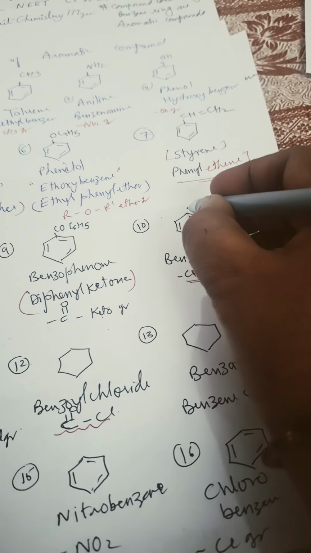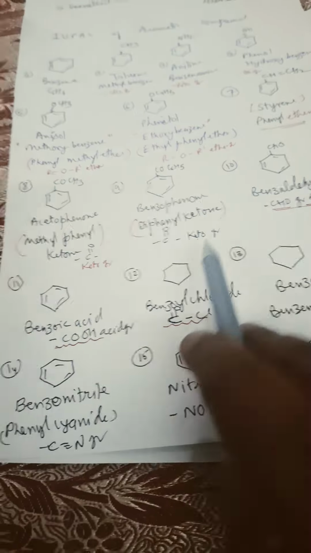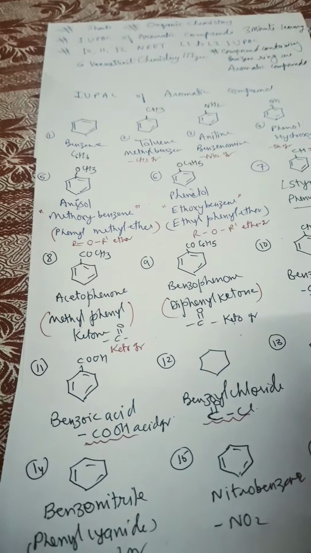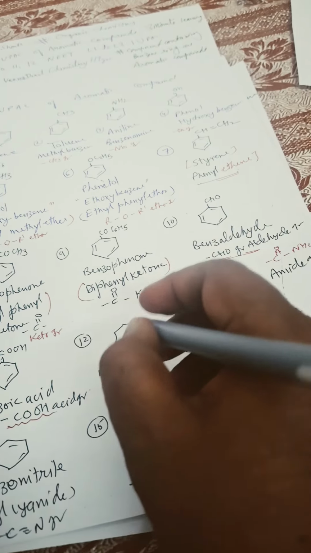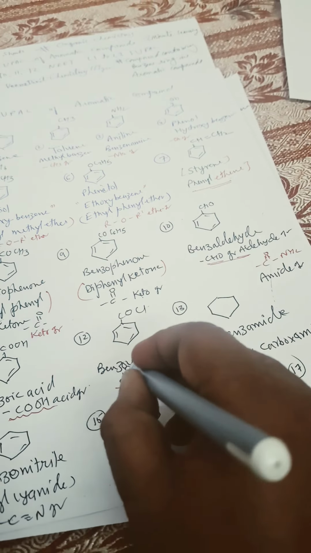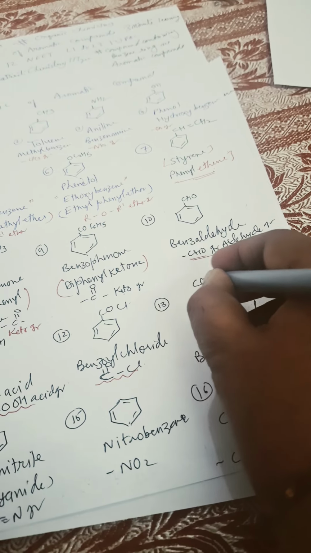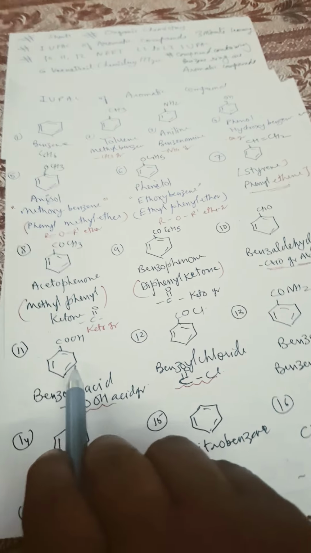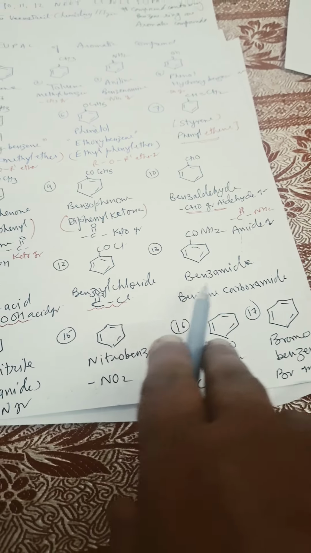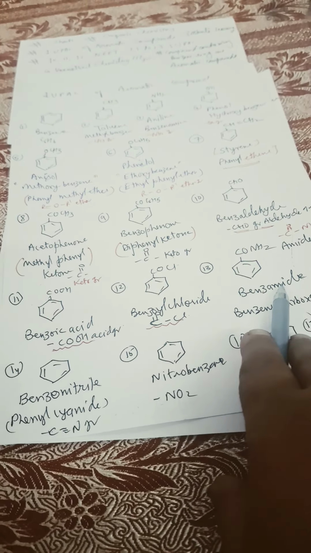Now benzaldehyde. What you have to do? Add the formyl group, that is the CHO group, aldehyde group. So it becomes benzaldehyde. Now benzoic acid. What we have to do? We add the COOH group, carboxylic group. So it is benzoic acid. And then benzoyl chloride. So what we have to do? Here I will write COCl. COCl is the benzoyl group. Now when benzamide is there, CONH2 group will be there. COOH is benzoic acid. COCl is benzoyl chloride. CONH2 is benzamide. Remember, sometimes benzenecarboxamide IUPAC naming is given, but in aromatic, benzamide is also okay.